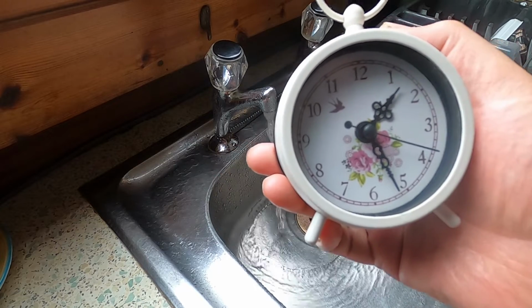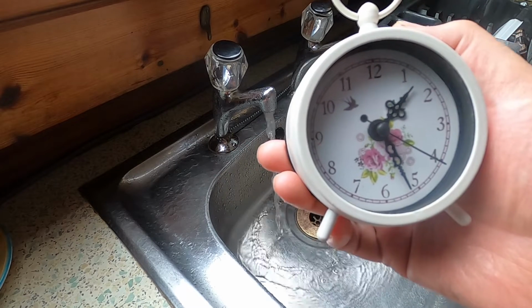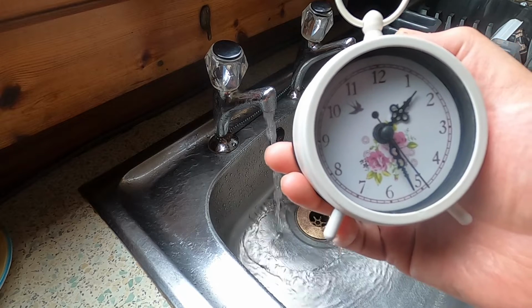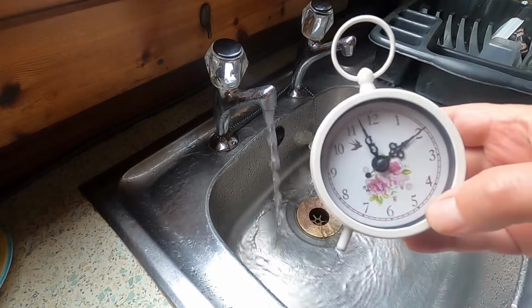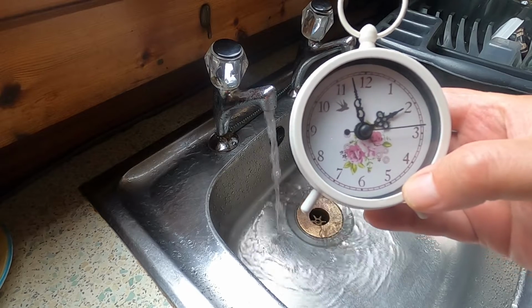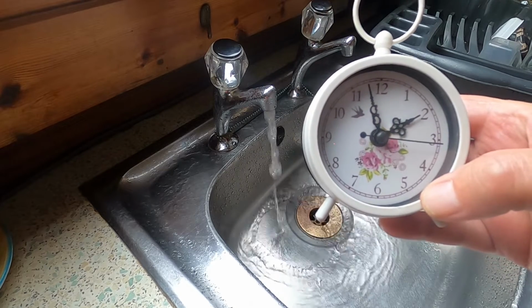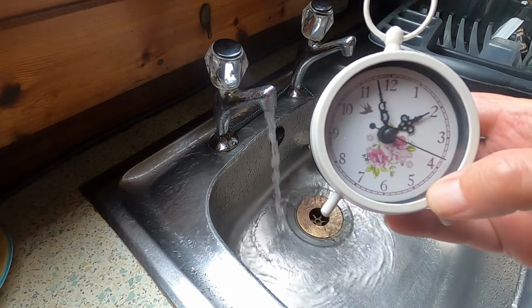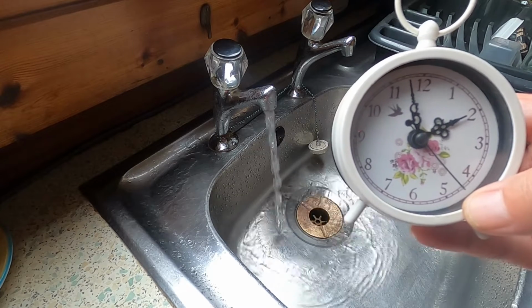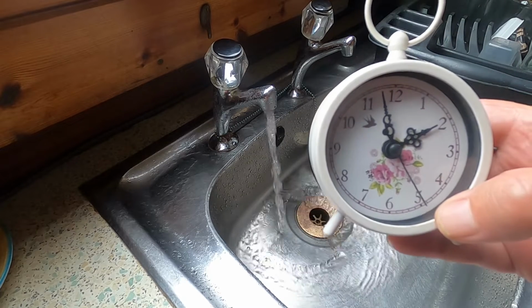I can't really tell exactly how much it is anyway, because it was 6 days ago when I last filled up with water. Is this crazy, or is this crazy? That's 4 hours now I've been pumping the water out of the tank. It would probably take off about 8 to 10 minutes where I've actually stopped it for a short period of time,